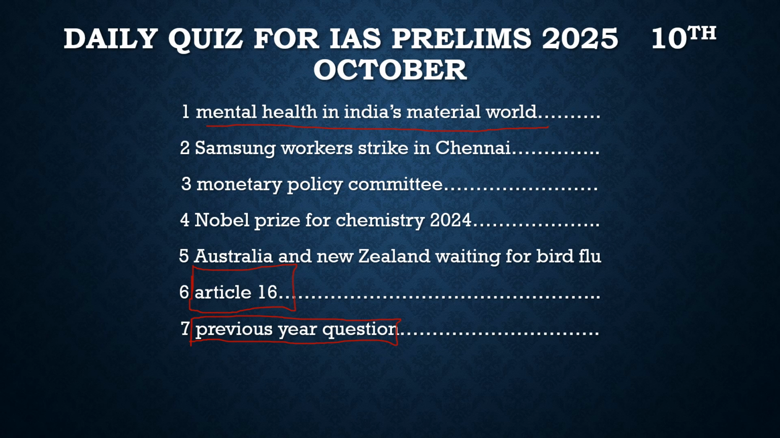So what this report says is how the material world has impacted the mental health of people in India. And according to this report, 197 million people in our country are suffering from depression, anxiety, and substance abuse. So